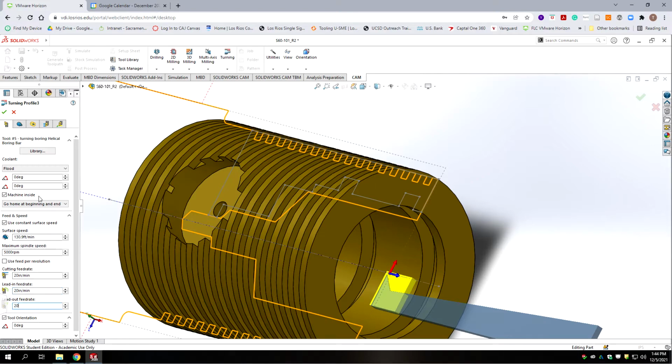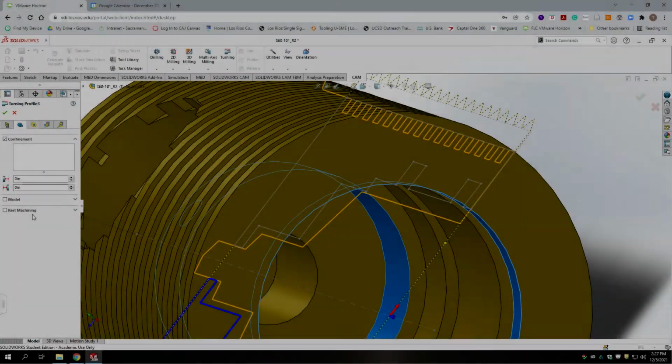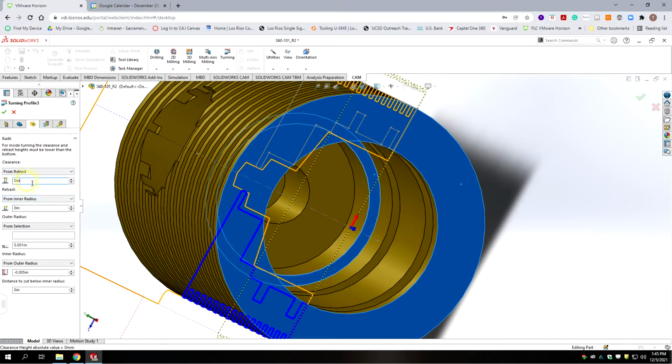Regardless of what the conditions are, I'm going to lower that to 20. And we're going to go to the next tab, which is confinement. We're going to leave it at default. We need to have values in here. So we're going to go 0.01,